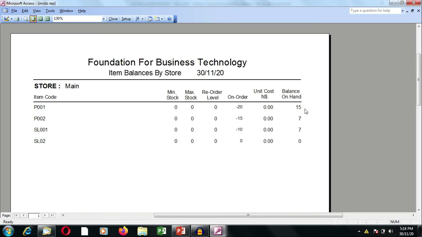We now only have 15 because we issued 5, and then we issued 8. From 15 we remain with 7. The other one we issued 3 from 10, and we remained with 7. So